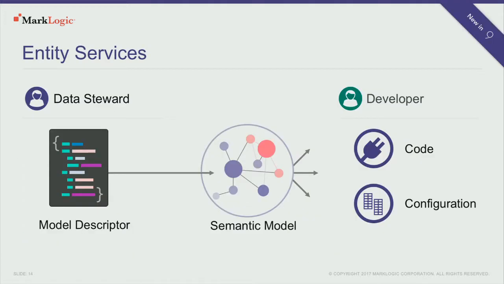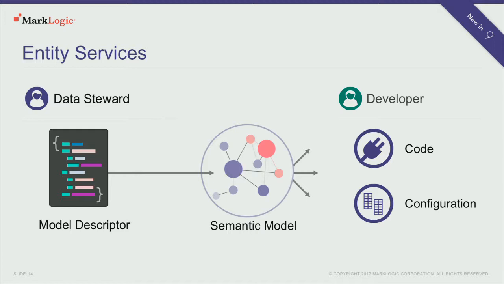And what we've introduced is a new way to do this in MarkLogic. So we've taken the techniques that we've actually practiced in the wild for years now, and we've rolled those into a core set of patterns and APIs. And we're calling this entity services. So remember, those entities, those are our nouns in our data, so the peoples, the places, the things. What you can do now is you can have a data steward, a domain expert, describe that model of the world in a way that makes sense to him or her.